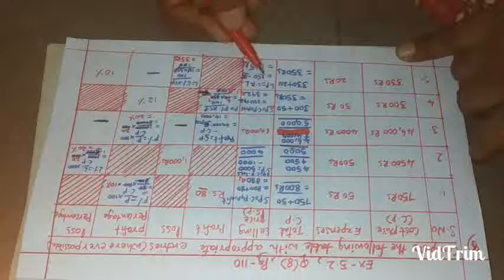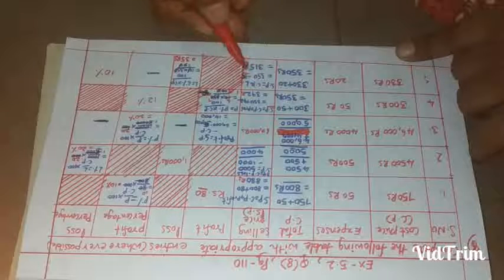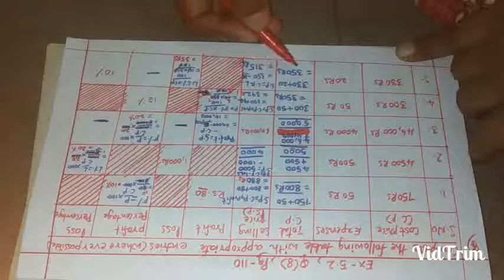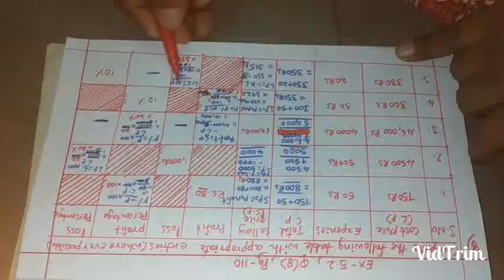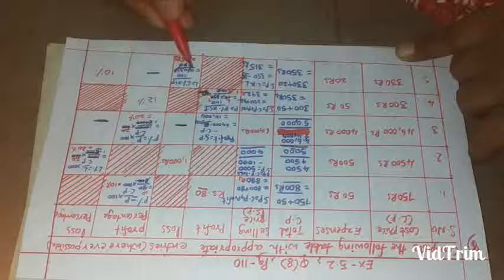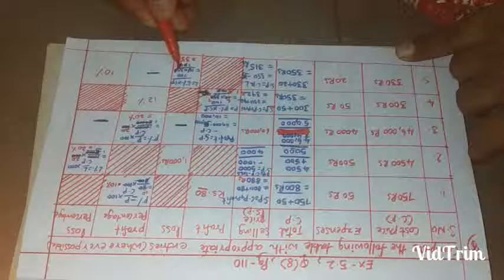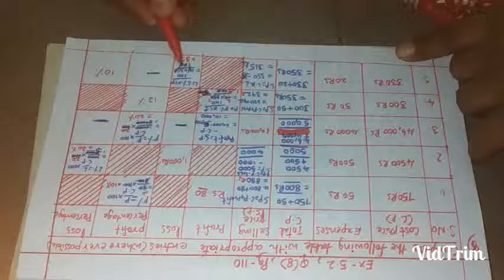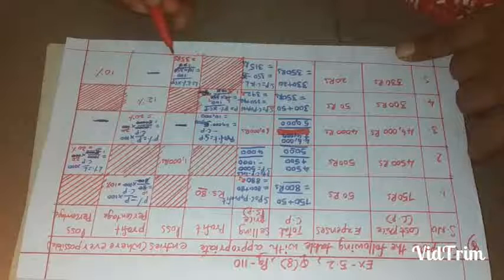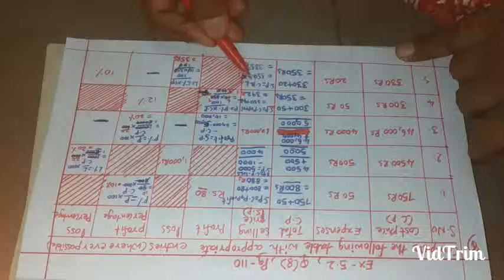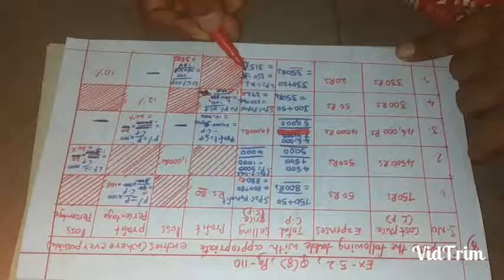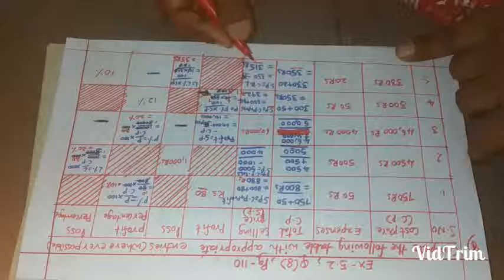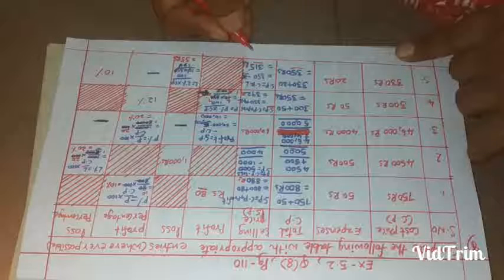Next, we should find selling price. Selling price equals cost price minus loss. See here, cost price we got is 350, and loss we don't know. We should find it here. Loss equals loss percent into cost price by 100. Loss percent is already given, 10. 10 into cost price, 350 by 100. 0, 0 gets cancelled and 0, 0 gets cancelled. Loss is 35 rupees. So here selling price equals cost price minus loss. Cost price is how much, 350. Minus loss is how much, 35. 350 minus 35 is 315 rupees. So selling price is 315 rupees. With this we have completed this problem.